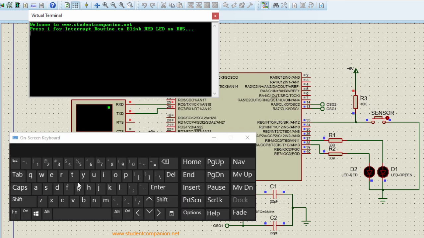So I'm gonna send some characters to the serial port. If I send a 4, it's gonna be ignored. If I send a 5, it's gonna be ignored, even if it's gonna raise an interrupt, but we're not gonna do anything. Send an R and F, but if I send a 1, it's gonna stop everything and execute our interrupt service routine code, which in this case was blinking the red LED 5 times.